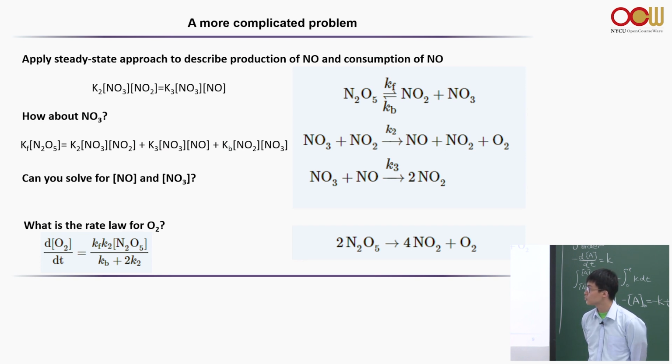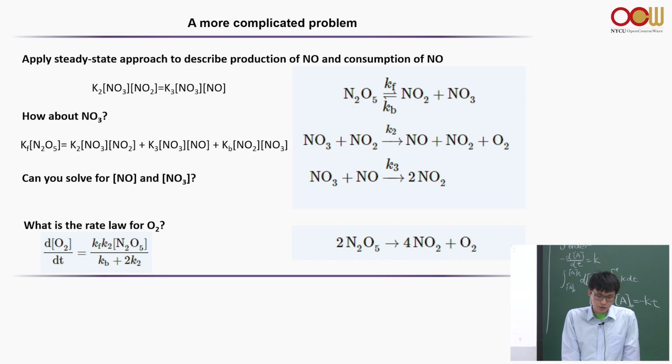So I already gave you the solution, and I would like you guys to walk through the calculation. I mean, moving these terms around should be simple, okay? If you have trouble with it, please let me know, and then we can figure out how to help you to understand this better. You can look at your textbook, page 725. It's a simpler version of this. But I hope this difficult problem was just to give you practice of how to move these terms around and get the rate law that you wanted. I expect that on the midterm, you should be able to work on a problem like this.